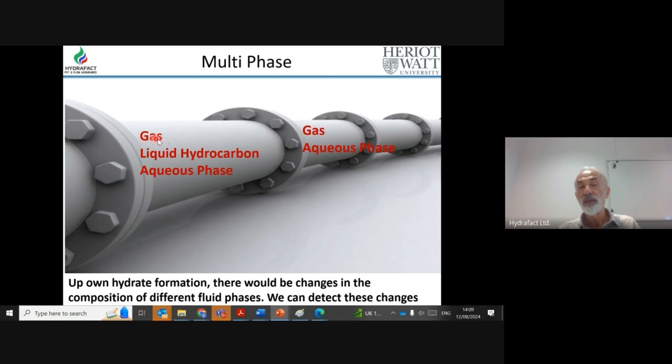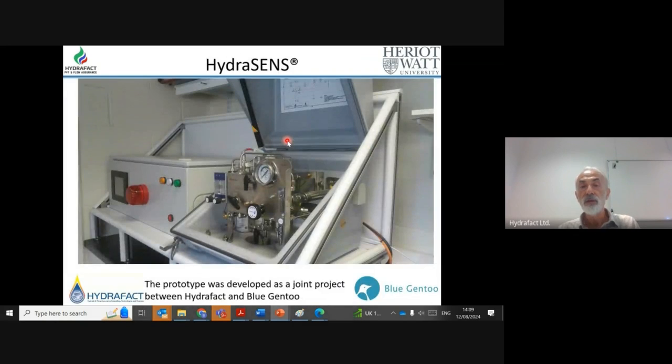Normally, gas is the fastest moving component, so we see the changes in the gas phase much sooner than in the aqueous phase. And this is the device